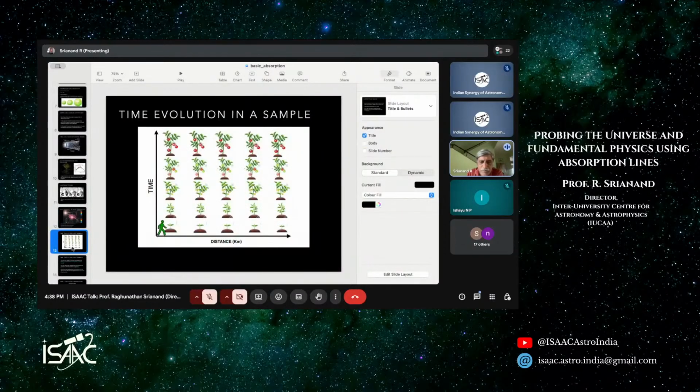I have put some simple cartoon for explaining something. This is what is known as a space-time diagram. The x-axis is the distance, the y-axis is the time. So let's imagine that one guy is going to walk from this point to this point. Typically, what will happen is the trajectory in this plot will be something going along this diagonal direction, because as he walks, his time is also evolving. So he will go along this direction. You have to just remember it.